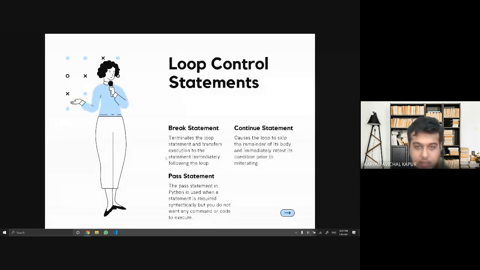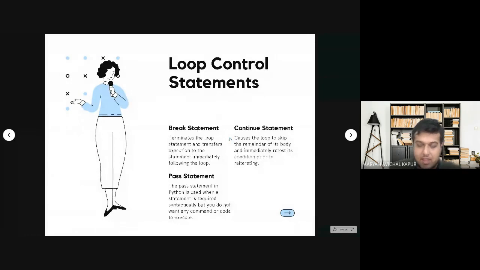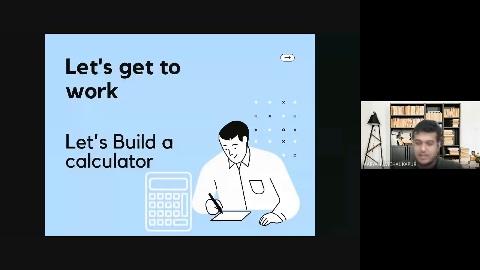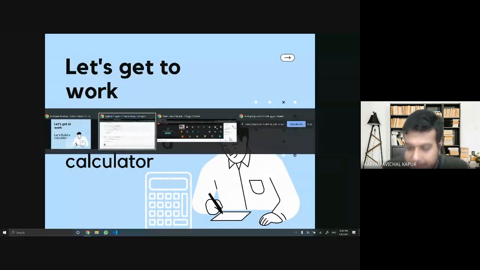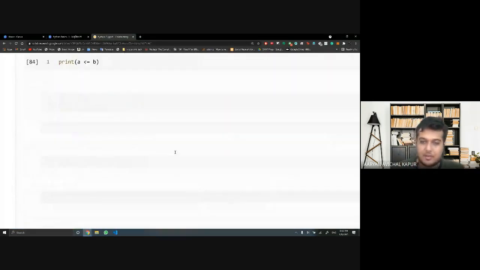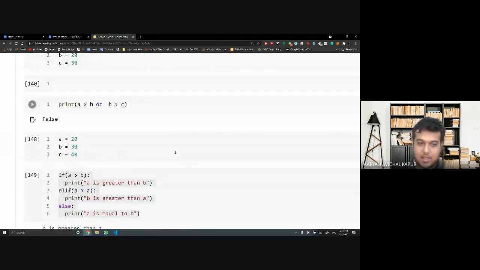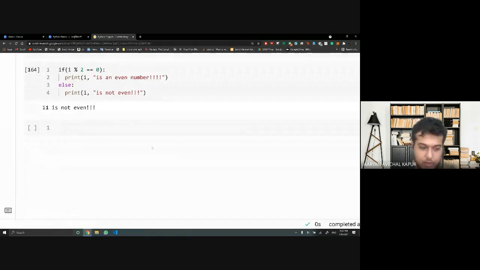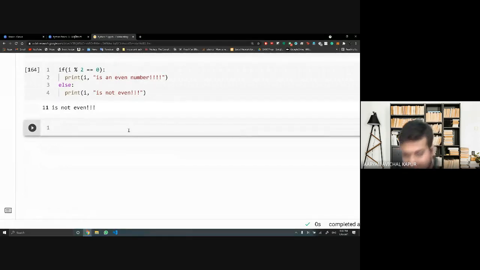Perfect. So we have the control statements here. Now we will actually get to work. We'll build a calculator, right? I will give you a basic starting point. I will show you how it works. Then we will look into actually having it built. We have around 20 minutes. I think within 10 minutes we should be done, and we might even have time for one more hands-on activity, right? So let us look into a calculator.